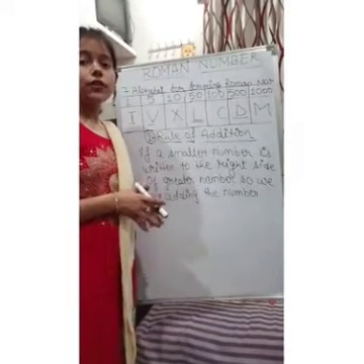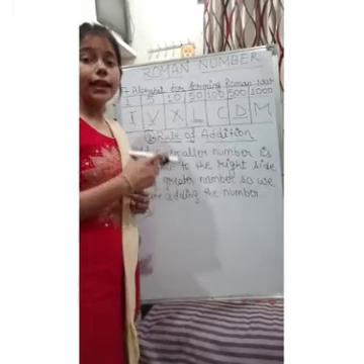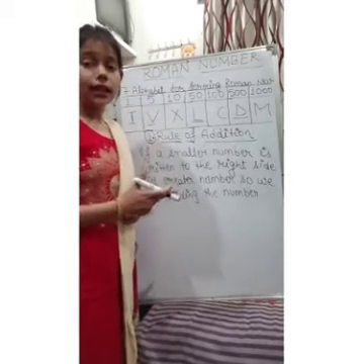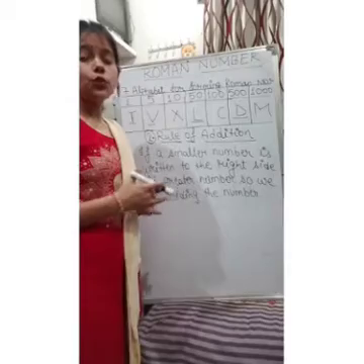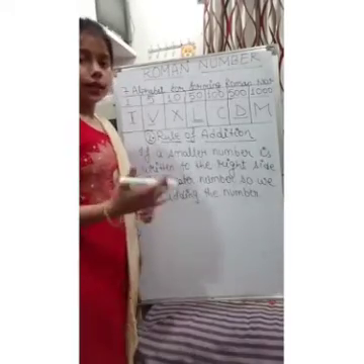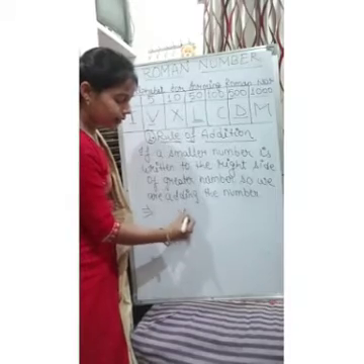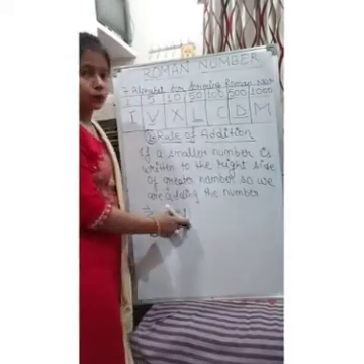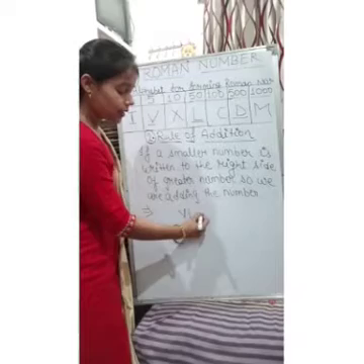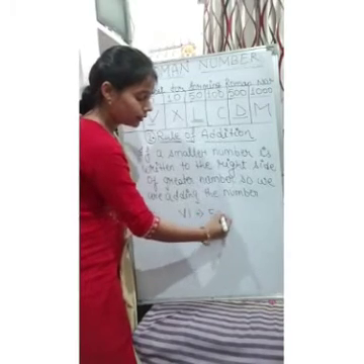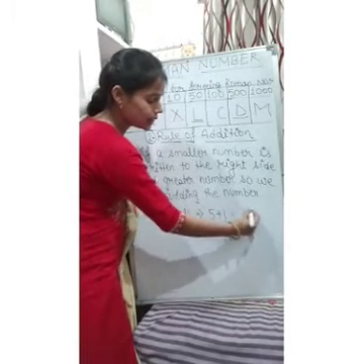Now class, our next rule is the rule of addition. In this rule, if a smaller number is written to the right side of the greatest number, that means we are adding the number. Let's take the example. If I am writing V and on the right side I place I, that means I am adding 5 and 1, and our answer is 6.